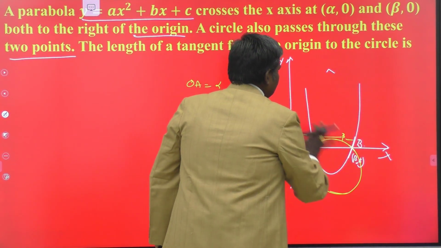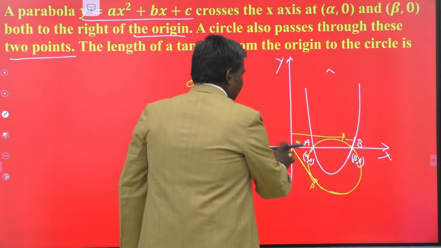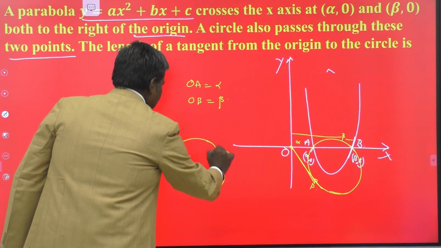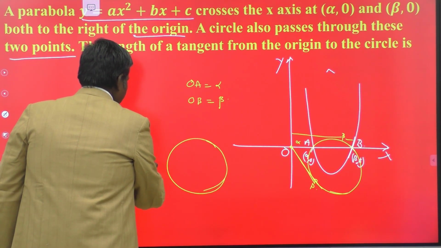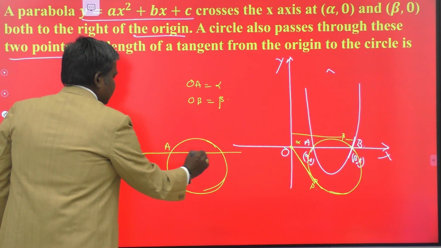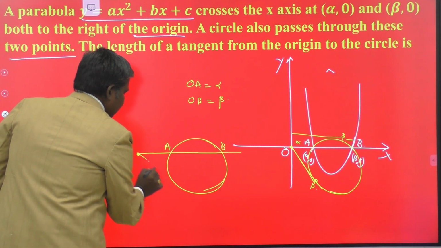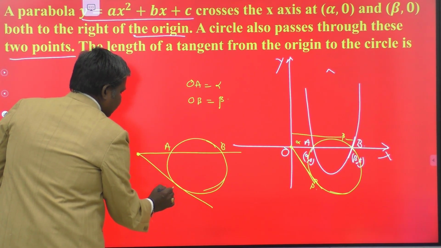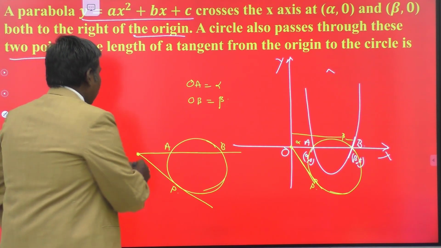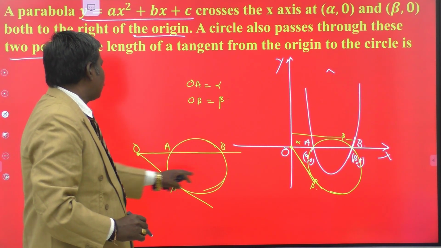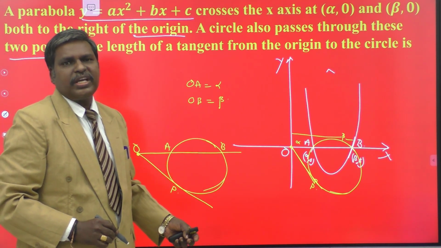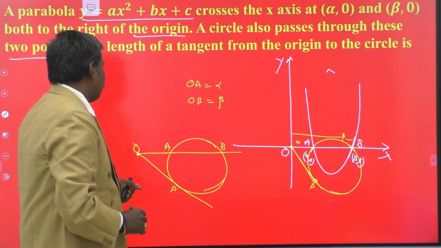Now, without looking at the parabola, see the circle and these 2 lines. What we obtain? This is the circle, this is the origin, and one line is drawn from origin to that circle. It intersects the circle at A and B, and this is the tangent, touches the circle at the point P. What we observed from this figure, my dears? OA into OB is equal to OP square. PA into PB is equal to S11. That is the condition, you know that.